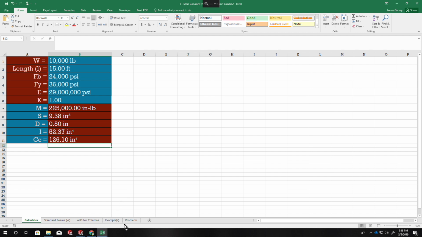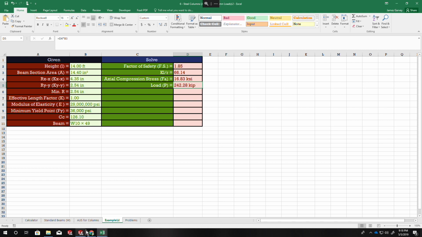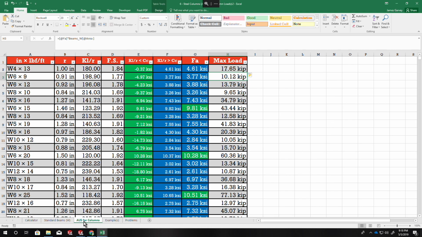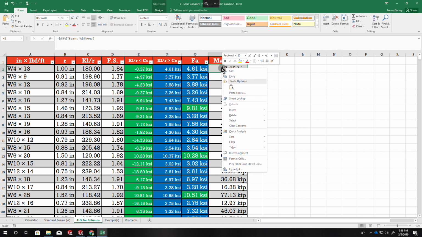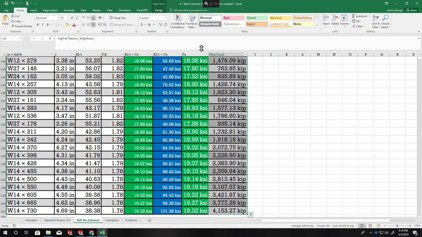So let's go back to our allowable unit stresses for columns, which is what the AUS stands for. Okay. So I'm going to right click, select table column data, come up to conditional formatting,